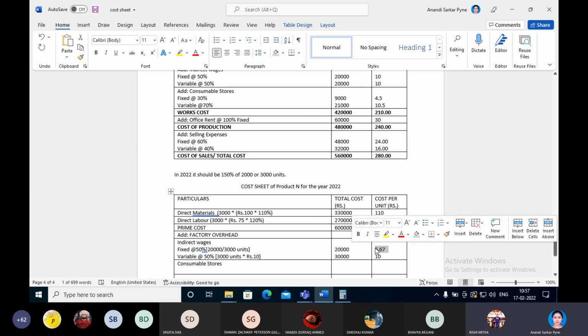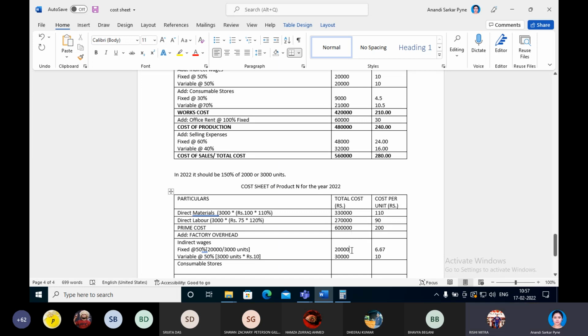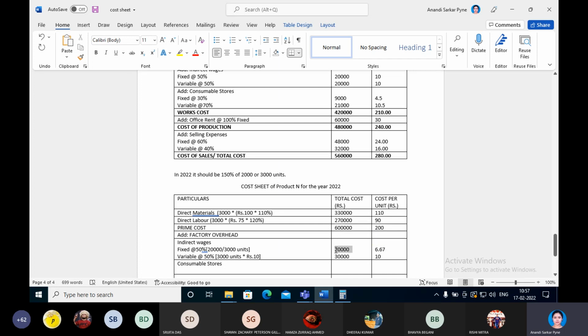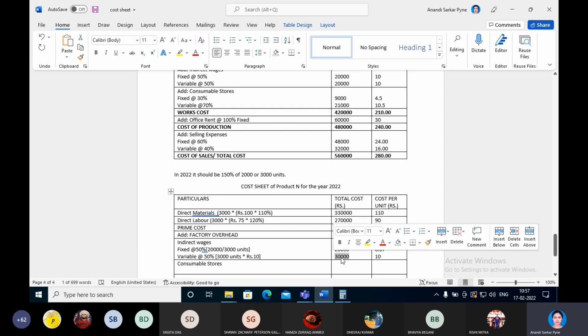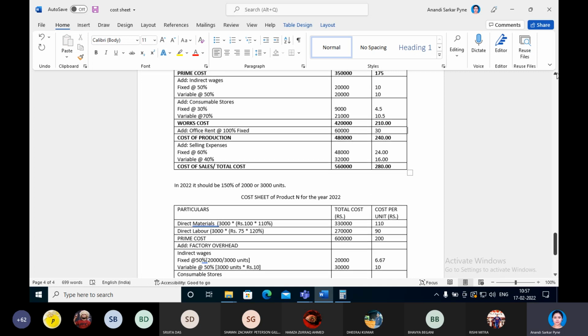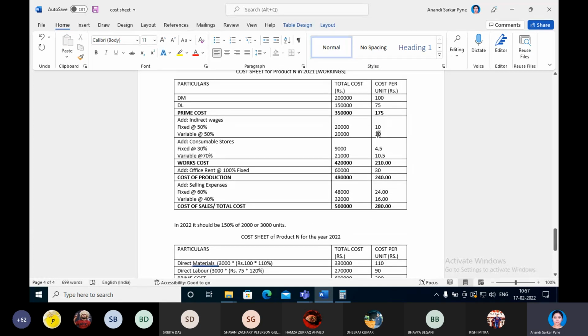Ma'am, I'm getting confused about the variable one. What do we say about fixed and variable expense? Of the total amount of indirect wages, 50% is fixed, which is 20,000 only, and 50% is variable, which is 30,000. Now, how did we get this 30,000 amount? In variable expenses, from the previous year's cost, absolutely. In the previous year, the total cost per unit was 10 of indirect wages,